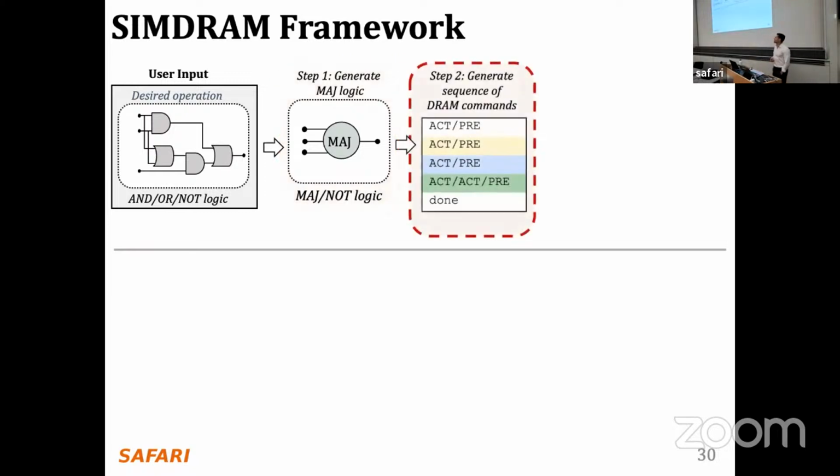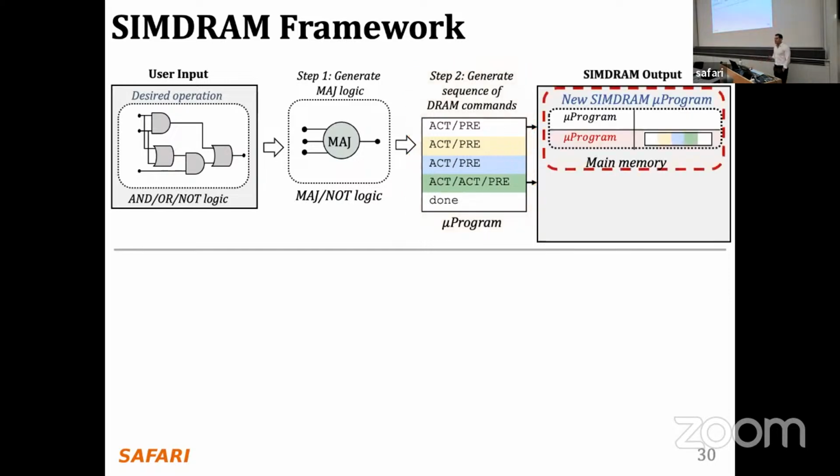And then what is left for me to do is basically map this graph into a sequence of in-DRAM row copies and in-DRAM majority operations. And the result of this is what we call a microprogram, which is basically a recipe that tells the DRAM chip how to realize this initial user input graph inside the DRAM for processing using DRAM operations itself.